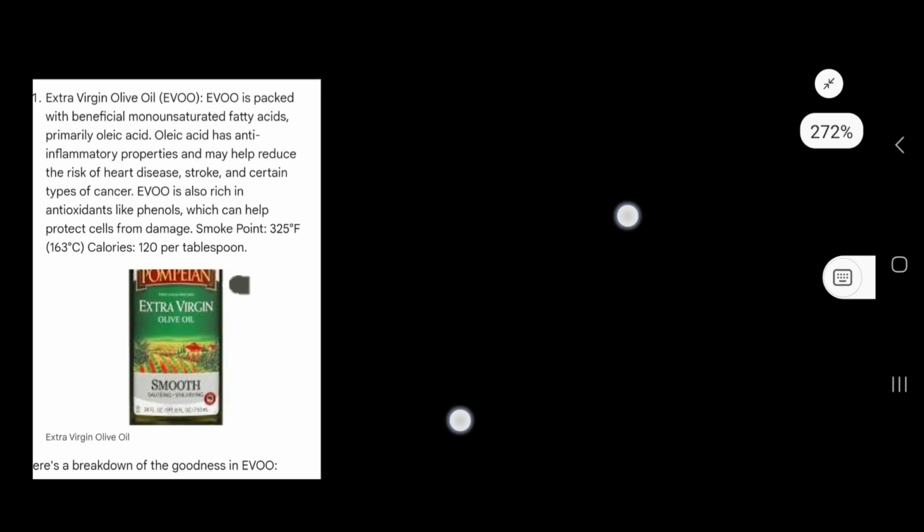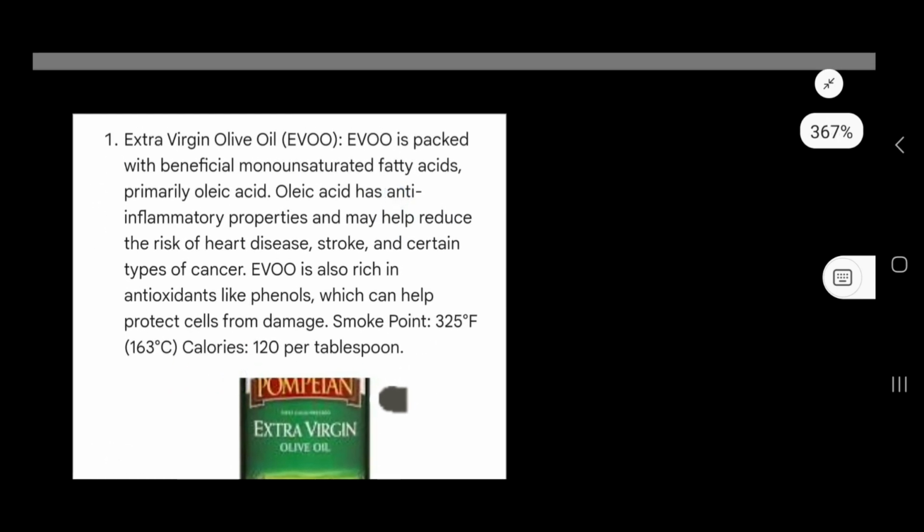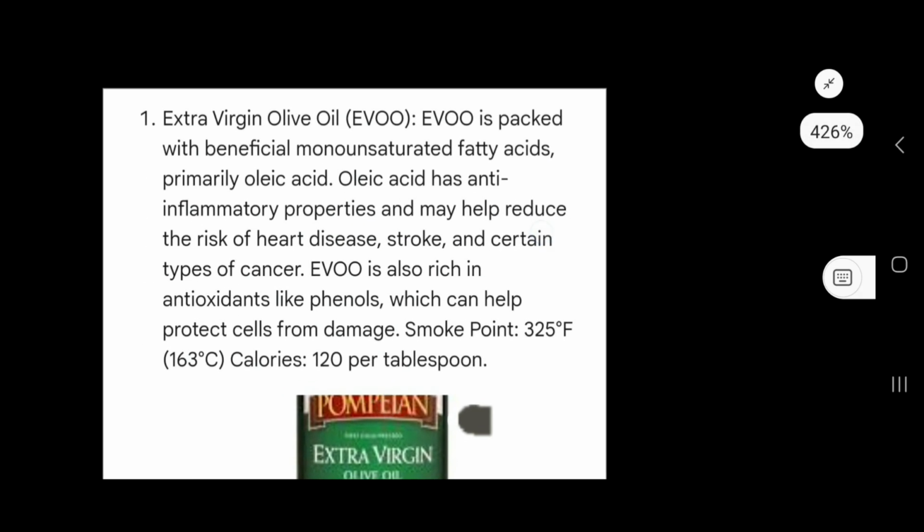Our first oil or fat is extra virgin olive oil. Extra virgin olive oil is packed with beneficial monounsaturated fatty acids, primarily oleic acid. Oleic acid has anti-inflammatory properties and may help reduce the risk of heart disease, stroke, and certain types of cancer. Extra virgin olive oil is also rich in antioxidants like phenols, which can help protect cells from damage, and its